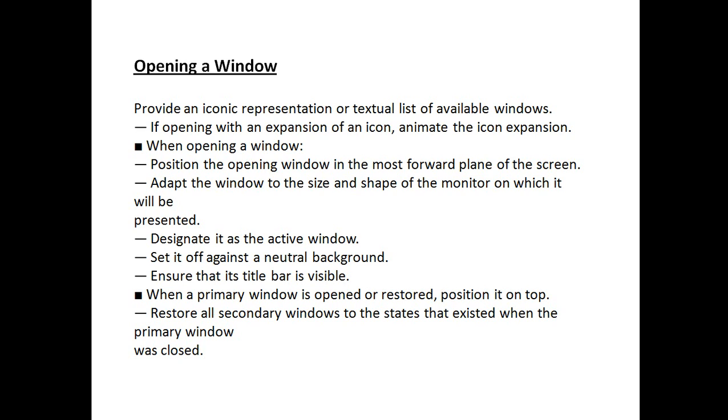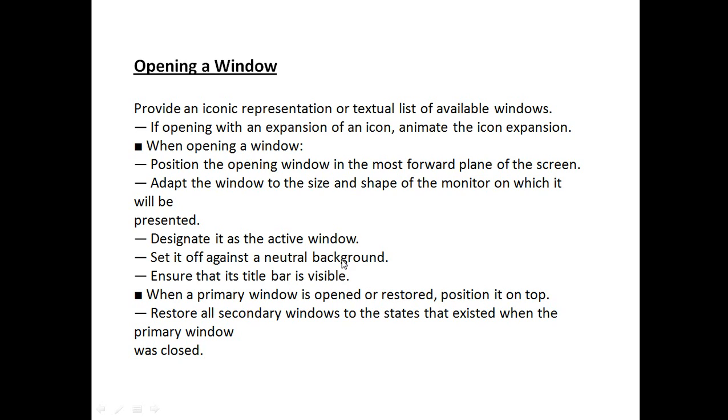Whenever you open a new window, that window should and must adapt itself, its size and shape, to the size of the monitor on which it will be presented, and we need to designate it as an active window.